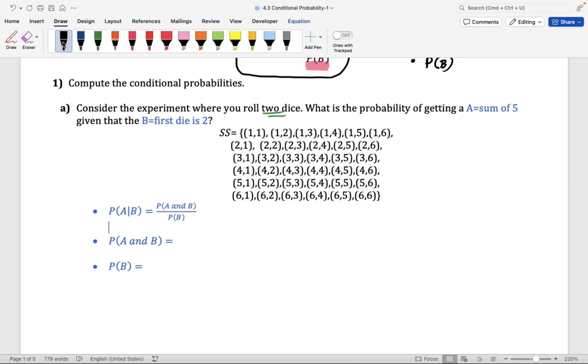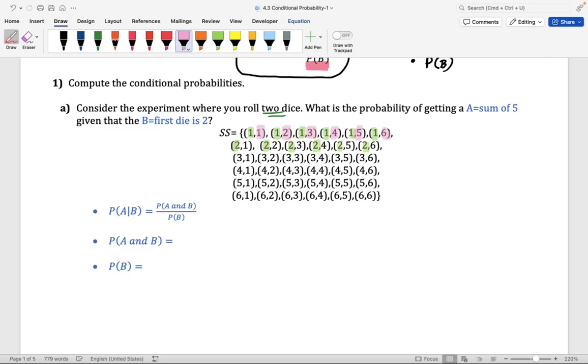To help you find probabilities, I am giving you the sample space here. I created a sample space here by thinking about the possibilities of the first roll and the possibilities of the second roll. So notice I started by saying, well, it could be the case that I get a 1 on the first roll, and if that happens, I could have a 1 and then a 1 on the second roll. I could have a 1 and then a 2 on the second roll, and so on. A 3 on the second roll, a 4, a 5, a 6 on the second roll. And then I said, okay, what if I get a 2 on the first roll?